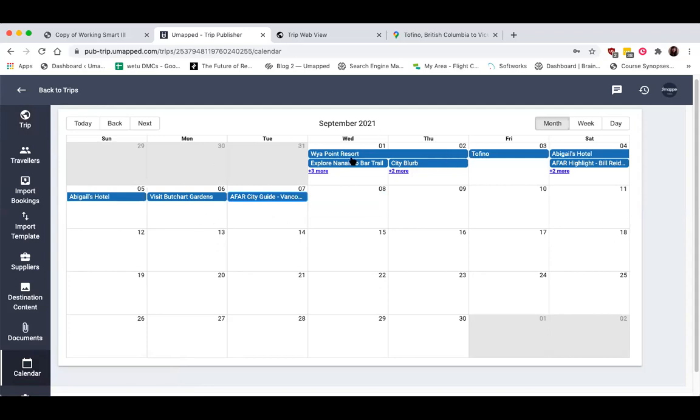But this gives you a really good way where maybe if the trip got pushed by a week and you don't feel like going into each single segment and changing the dates on every single segment, you could just drag and drop all of the bookings down a couple of weeks. So that's what I usually like to tell people is a really easy way to keep the same trip, but just quickly move things around if there's been a delay or something happened and the trip had to get postponed by a couple of weeks. Of course, if it was anything more than a couple of weeks, I would just say create a template and start anew, because you don't want to drag this by a year. But a couple of weeks, this can really help you.